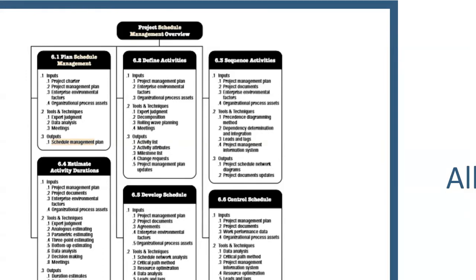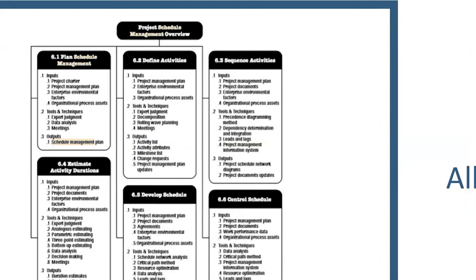Next step is to find the resources for your activities, and that is done in chapter number 9 of resource management. Once you finish that work, you come back to this process called estimate activity duration, where we find the resources. Since for activity A, for instance, you have identified 3 resources, now you can estimate that this activity will take 3 days to complete or 4 days to complete.